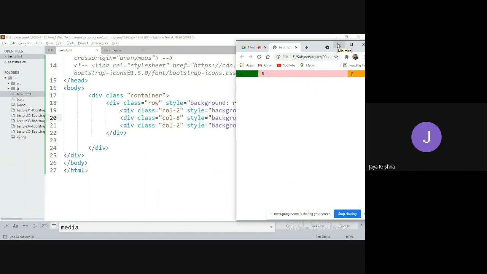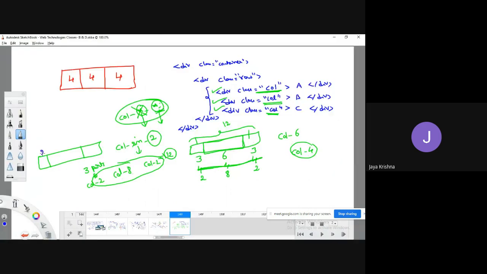Now my question is, I don't want to have this kind of structure. I would like to have a responsive structure. This is 2 parts. This is 8 parts, and this is 2 parts. Whenever I'm going to minimize, I would like to have this kind of structure. Observe my statement. Whenever my screen width is medium size or more than medium size, I need to display my website in this kind of structure. If the screen width is less than medium size, I need to make it this kind of structure. This is greater than or equal to medium size, and this is less than medium size.